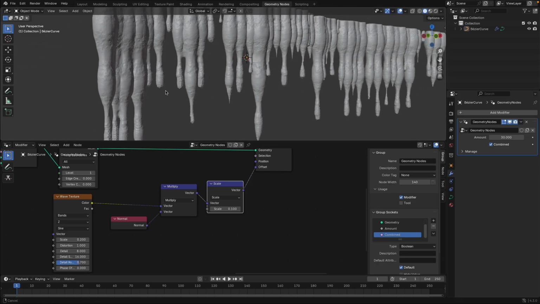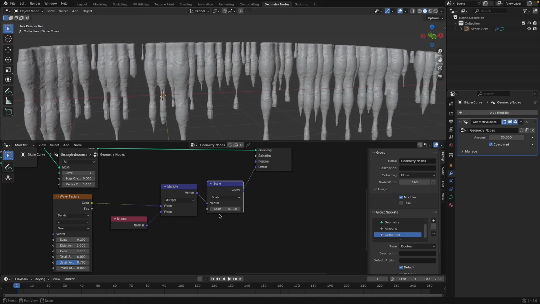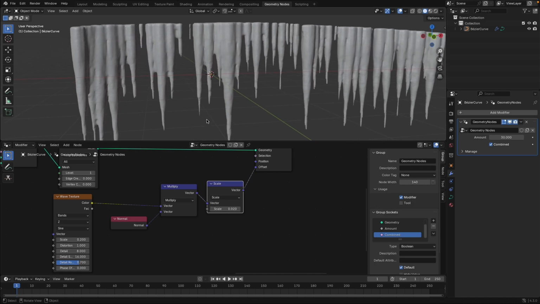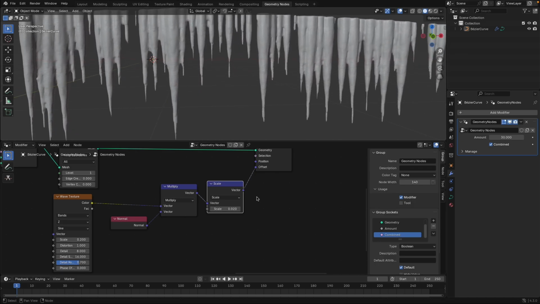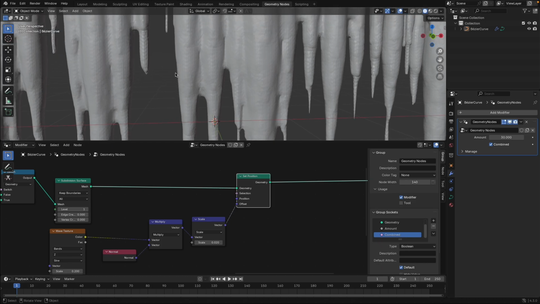of hard edges. So now this is still too much, but I'm able to adjust that with this scale node now. Now I can take this down to maybe 0.02, something a little more realistic. And we can press M on the set position node to view the before and the after. And I think it helps. If we zoom in here,